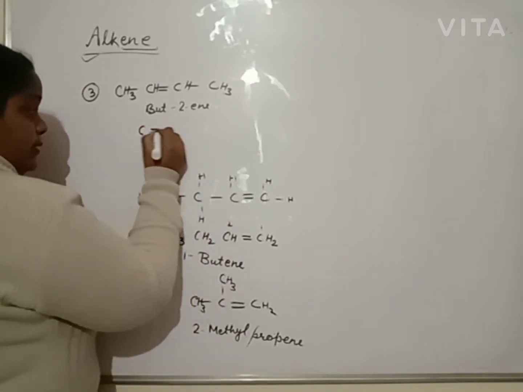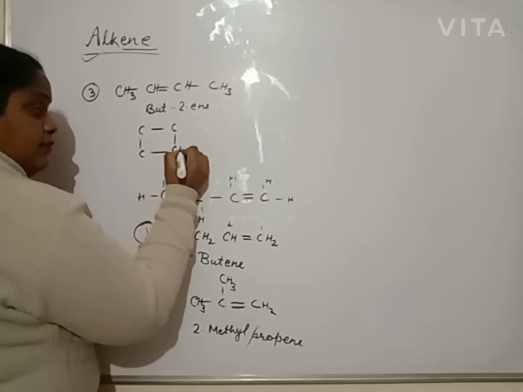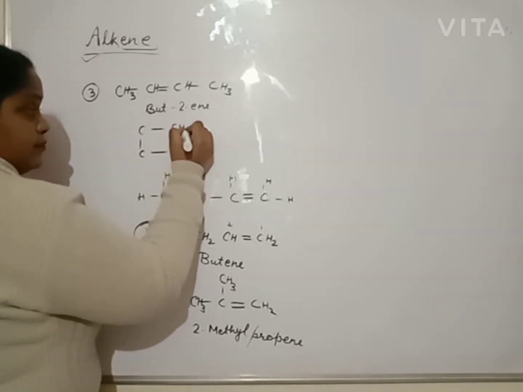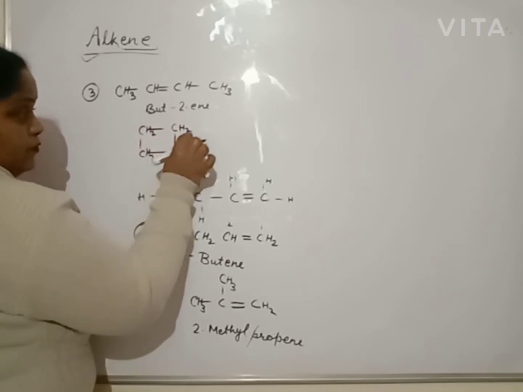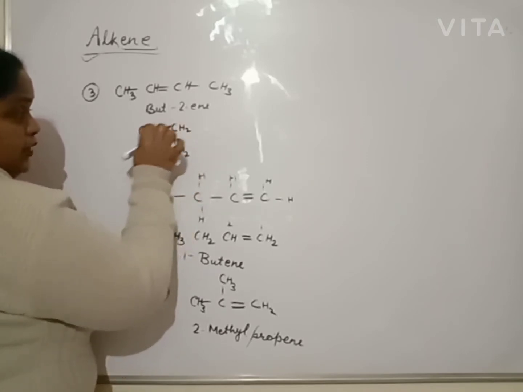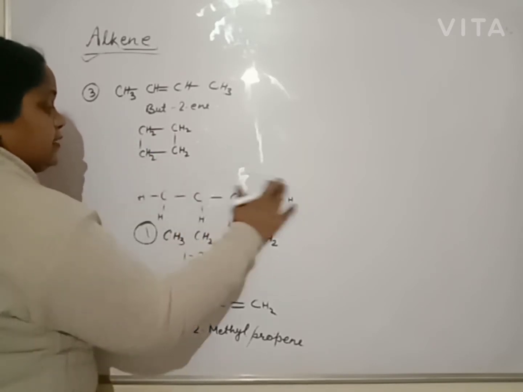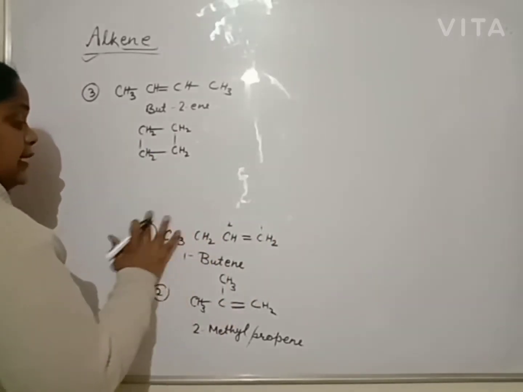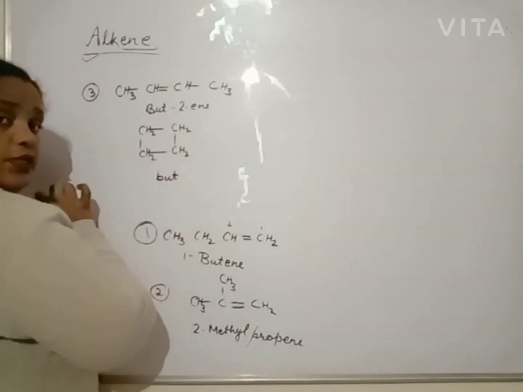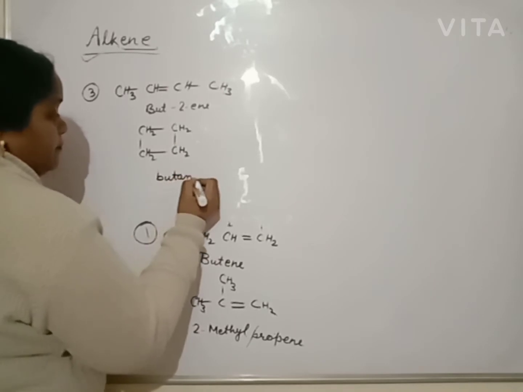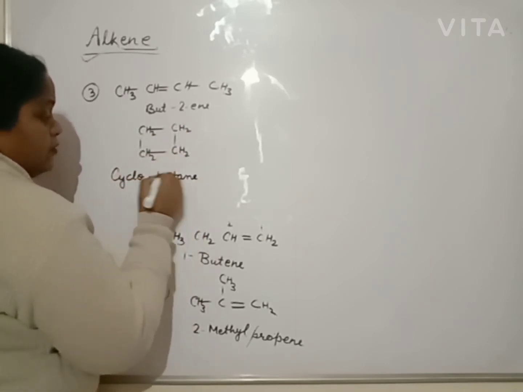Now ring chain isomers are also possible. Instead of a 4 carbon chain, you will draw 4 carbon in a ring. Complete the valency. It consists of 4 carbon in a cyclic structure. Due to 4 carbon, it is but. All bonds are single and it is cyclic in nature. It is cyclobutane.